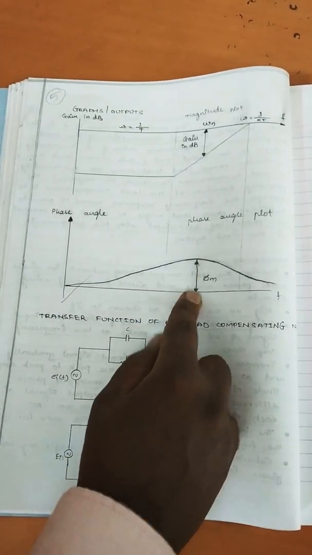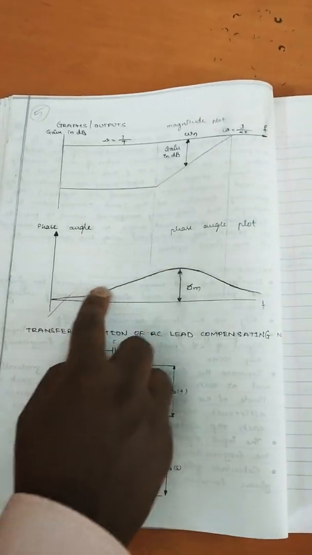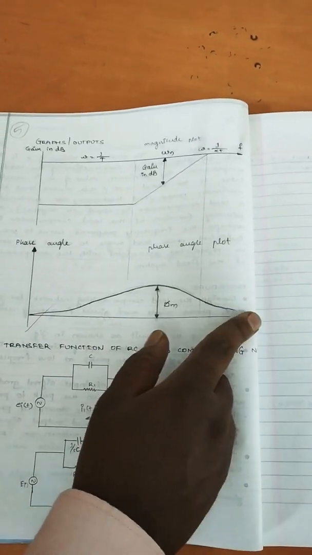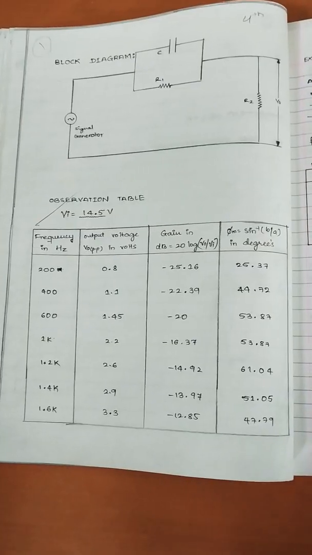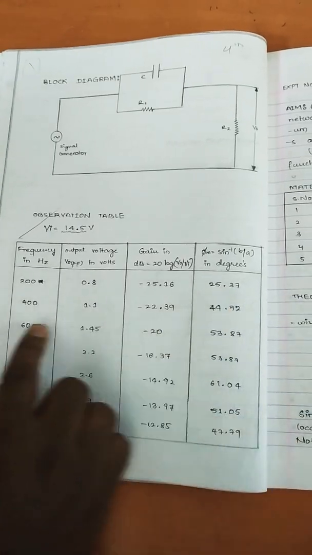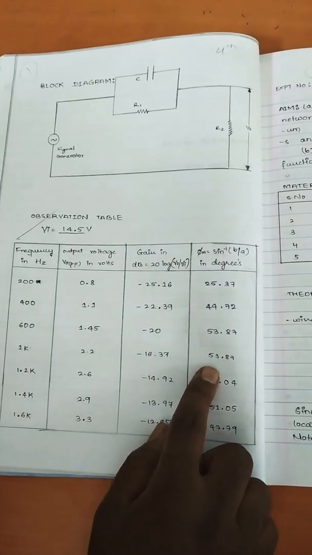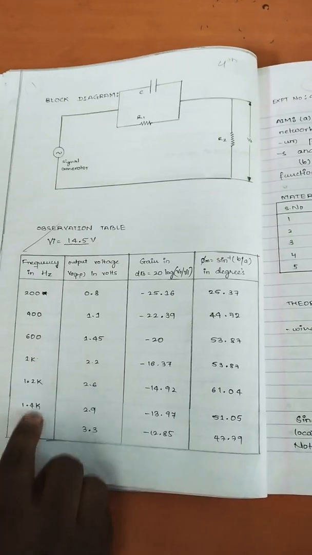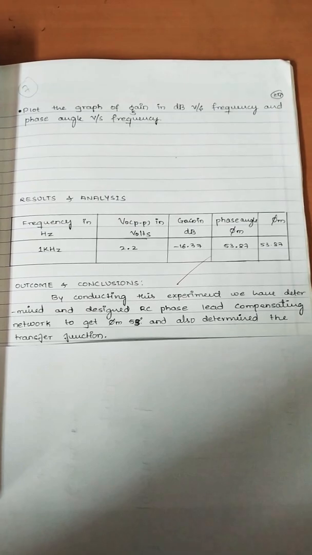That we have already shown you. Below 1 kilohertz you will get lesser values, below 55. Above 1 kilohertz again you will get values that are also below 55. You can see here 200 hertz, 25.37; 400, 44.72. Similarly for 1 kilohertz you are getting 53.87, nearer to 55. Then above 1 kilohertz you will get some values.